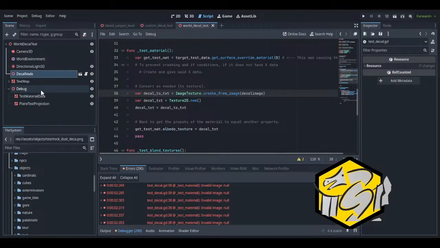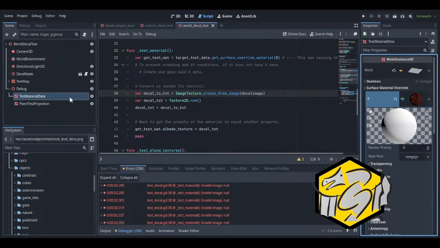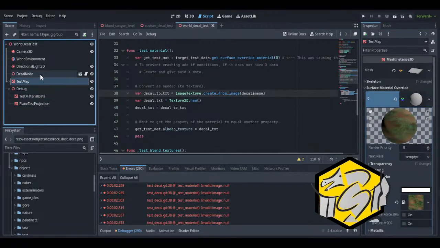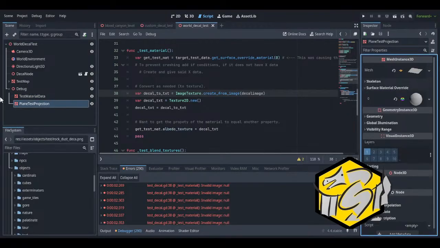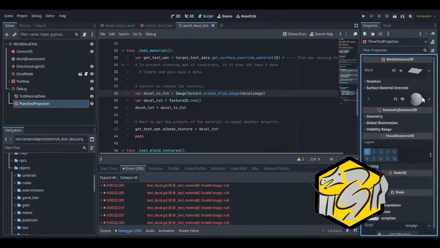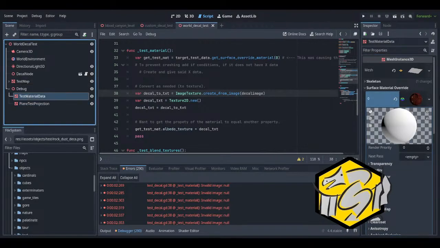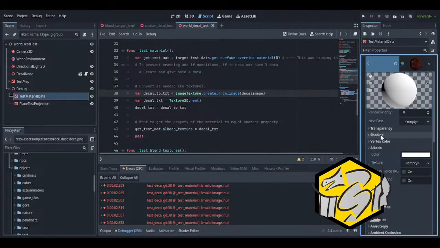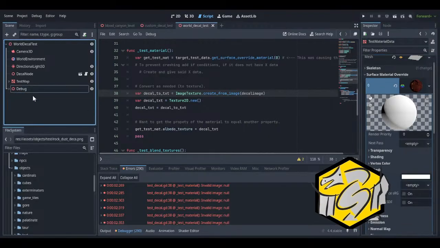Did I delete the texture by accident? We got it. Yeah, there's something there. Yeah. Okay. How do I throw it?